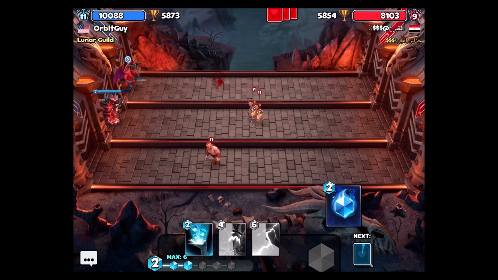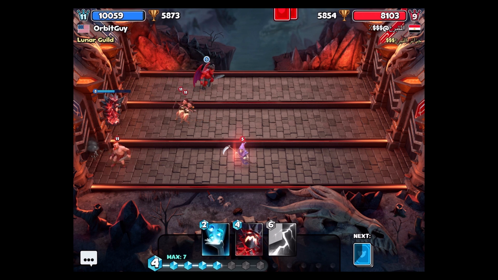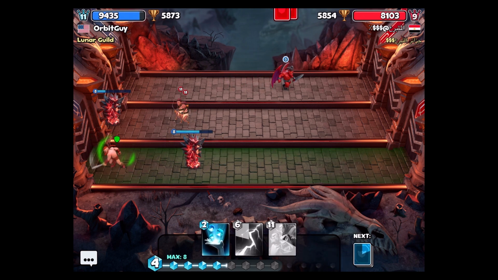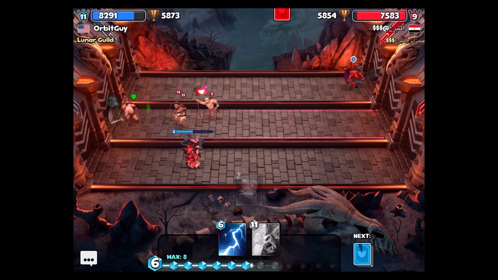This looks like a rush, but I'm not entirely sure what I want to do. They might try and rush behind the demon. See there, I just try and focus on the key cards because the other ones aren't doing that much damage to me. So as long as I can really take out the key cards like that Storm Elemental and the Reaper, those are the ones that can do the most damage to me in the end. So